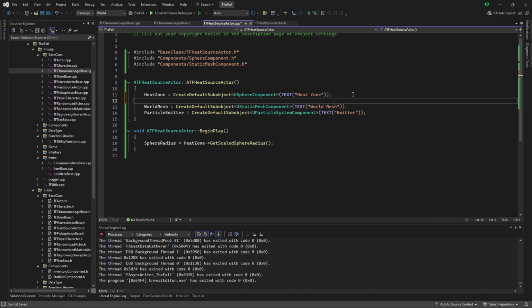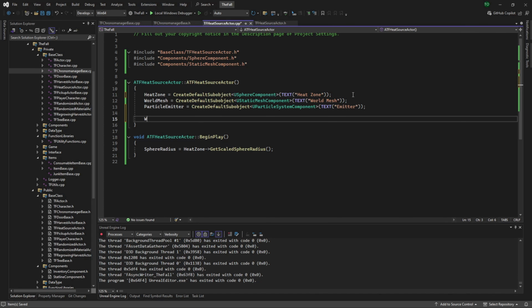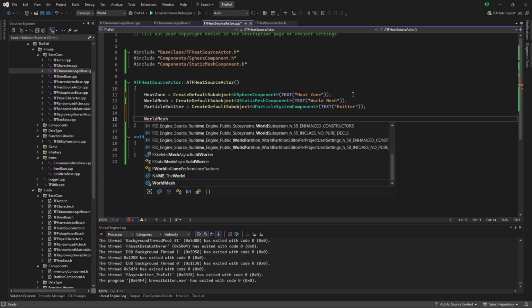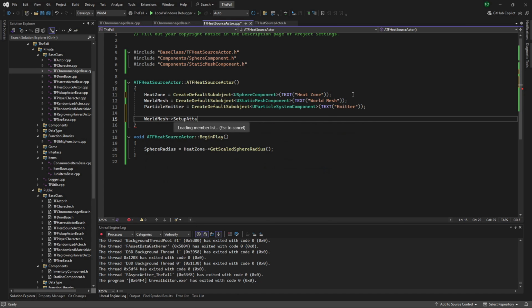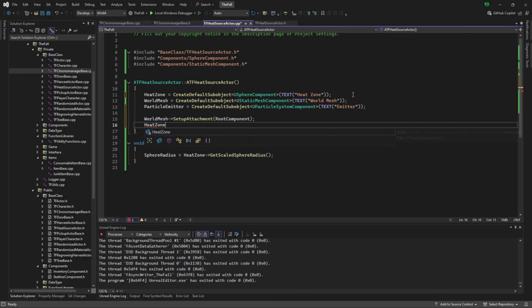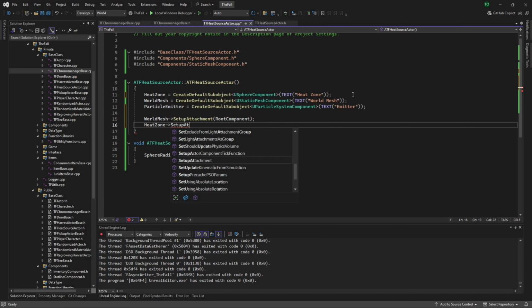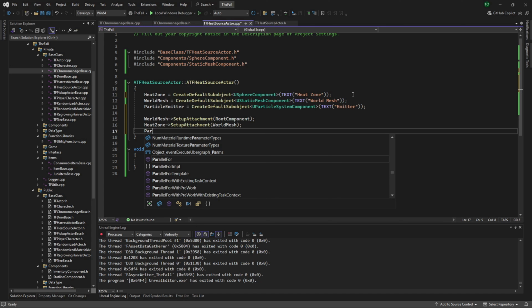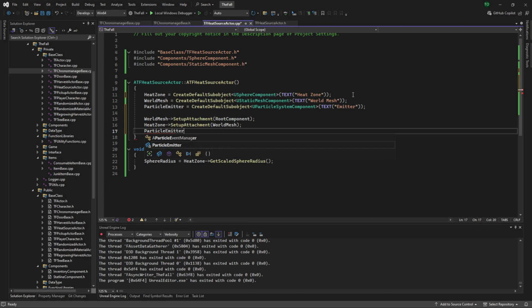So we are going to start with world mesh, set up attachment, root component, heat zone, set up attachment, world mesh, particle emitter, set up